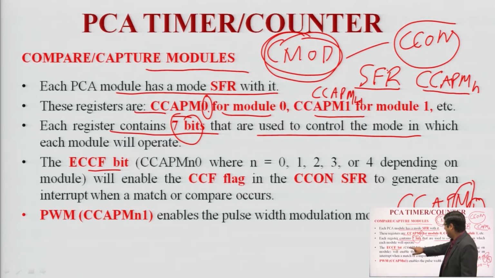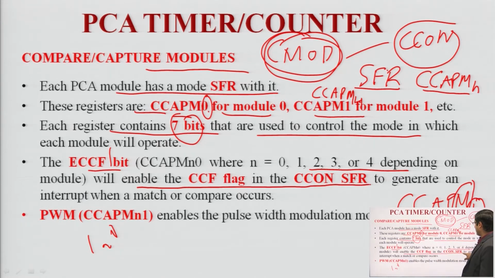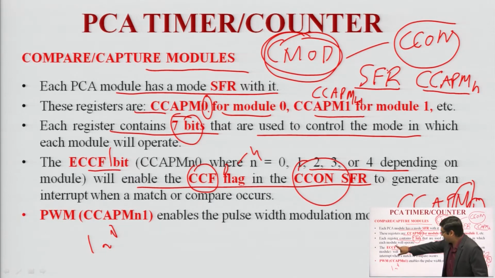Basically, each bit has 2 states, 1 or 0. If this is 1, that is set. So this will enable the CCF flag in the CCON register. In the previous slide, we have seen that there is a CCON register, and one of the bits associated with it is CCF. CCF varies from 0 to 4, and when this ECCF bit is 1,